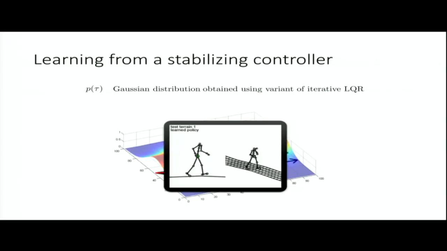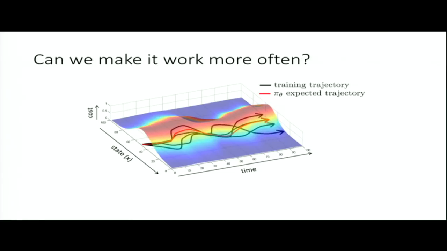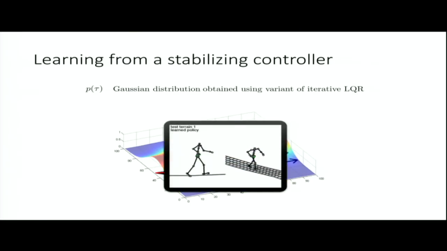Yes, there was a question? Doesn't this make the system a lot less robust? Because if you deviate too much, then it's never going to counter that. Yeah, this is a very good question. How broad this distribution is will determine to a large degree its robustness. In fact, the more noise you can inject at training time, the more you can illustrate these mistakes and their corrections, the more robust the resulting policy will be, with the caveat that if you train it on demonstrations that make lots of mistakes, it will also make the mistakes, because that's what it's trained to do.